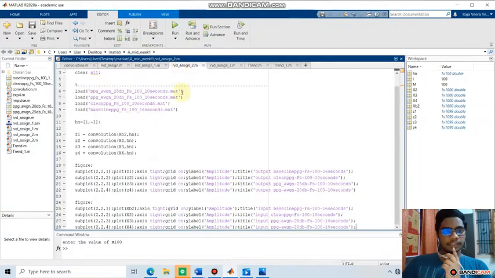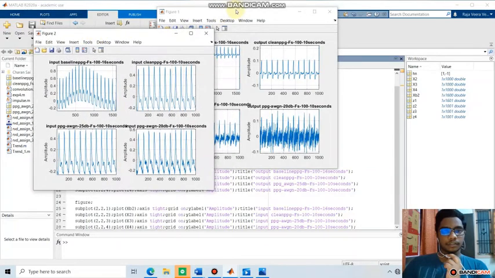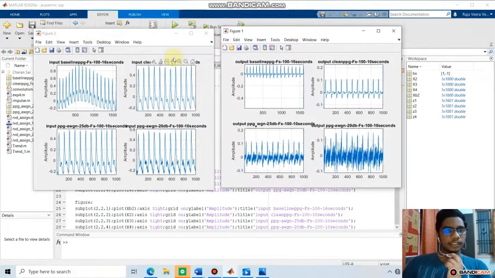Now coming to the third system, this is also the same. We load the four input signals given. For this, h of n will be 1, minus 1, and then we call the convolution function, obtain outputs z1, z2, z3 and z4, and plot the outputs. When we run the code, these are the input signals which are given, and these are the output signals obtained after convolution for system 3.